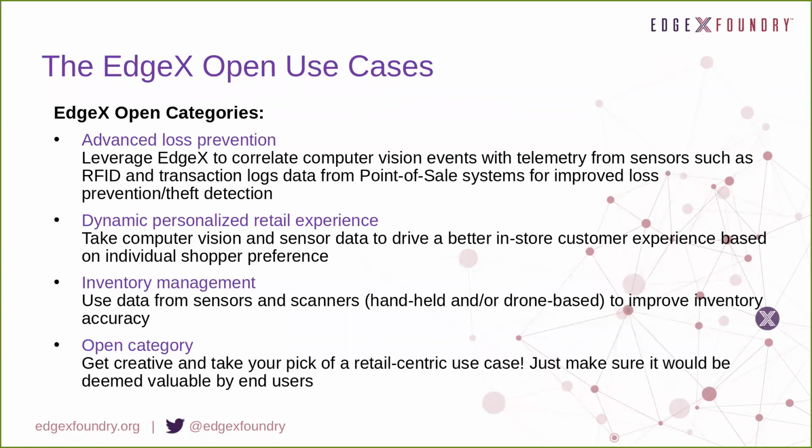And then the last one is, like I said, a wild card, open category. If someone chooses to pick this one as a team, no problem. Of course, we just want to make sure it's something that would be deemed useful for an end user retailer, because that does come into play in the criteria at the end. But you're free to choose any one of the four and really innovate within that. We'll walk through the criteria in a minute. I think that's it for me, and we'll get to questions as we go.